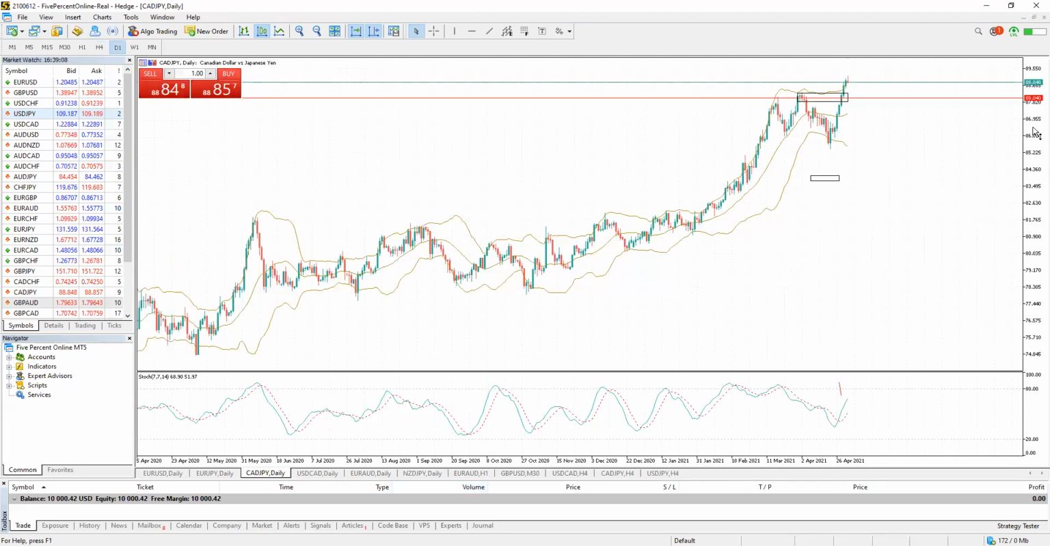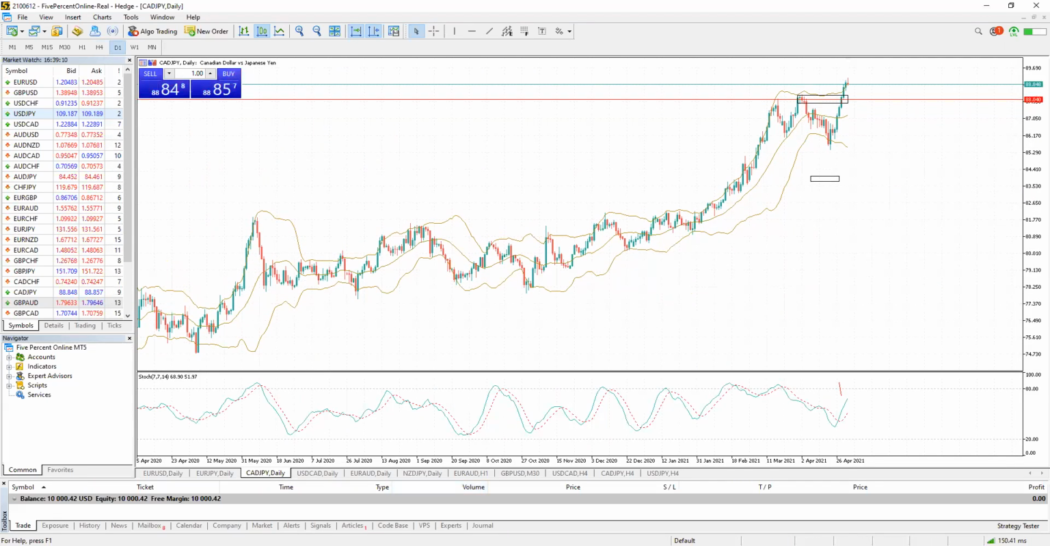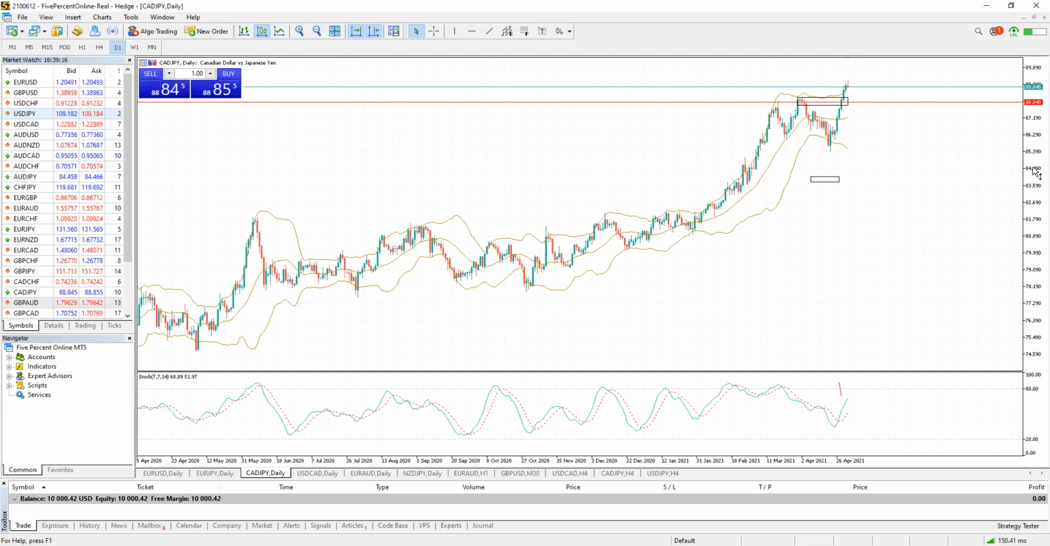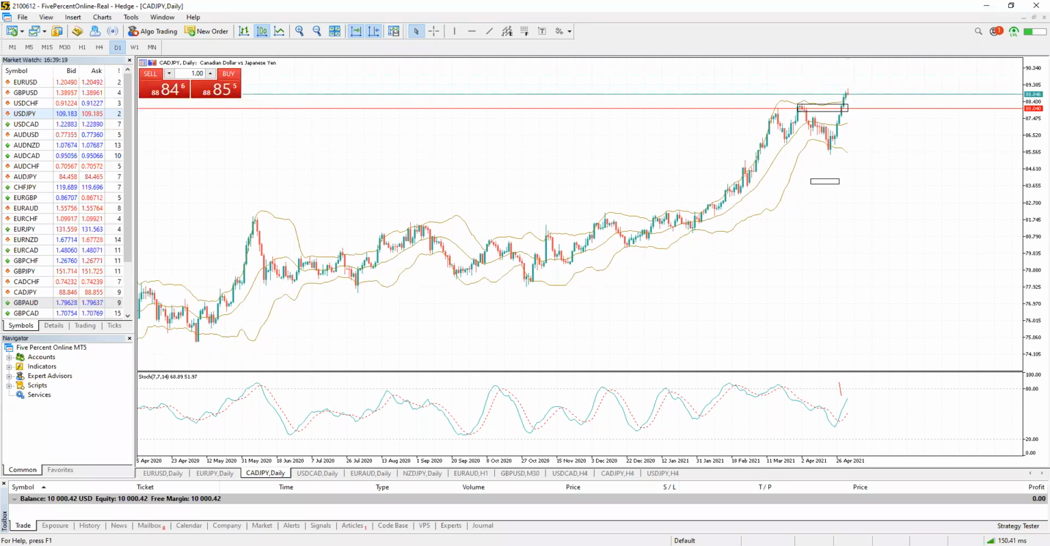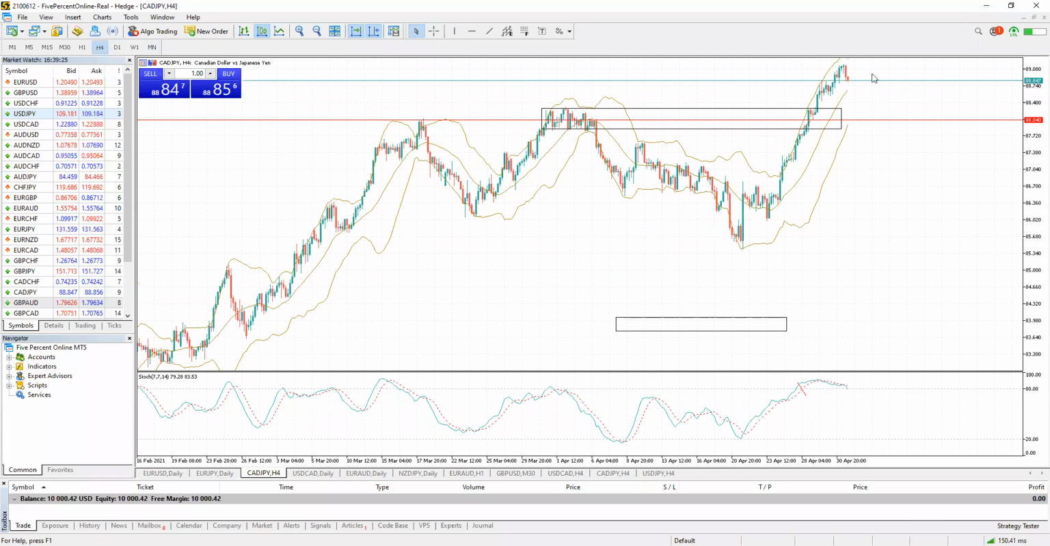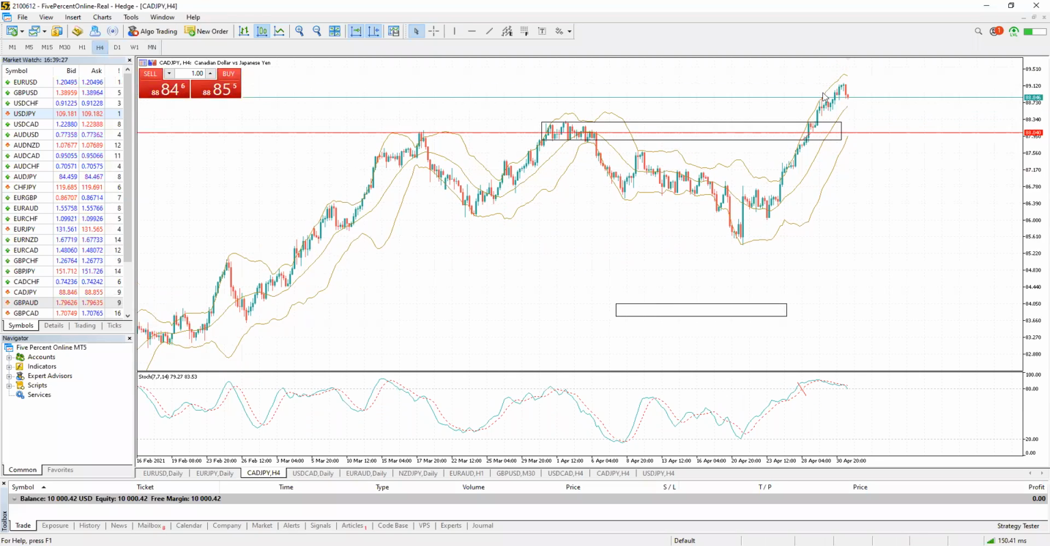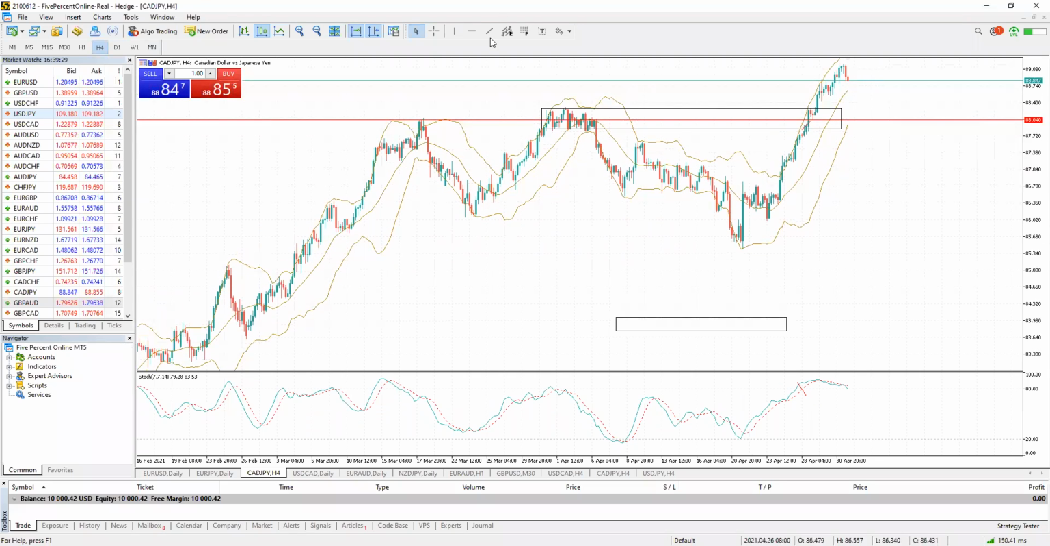Okay, CAD JPY. It has broken the 88 level, and so we want to wait for a retest to find buying opportunities. Someone took, I don't know which one, it was Moss that was short on the market. So I told him, if you are short, it's risky, but you can expect a retracement